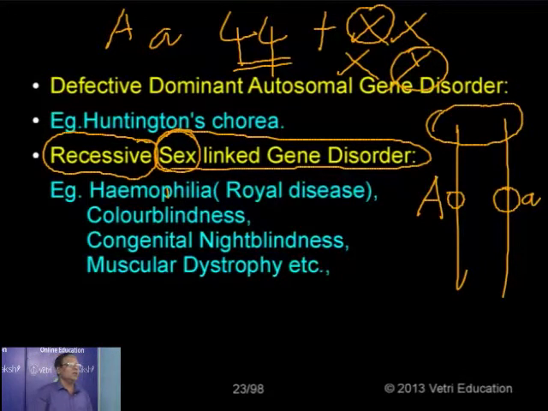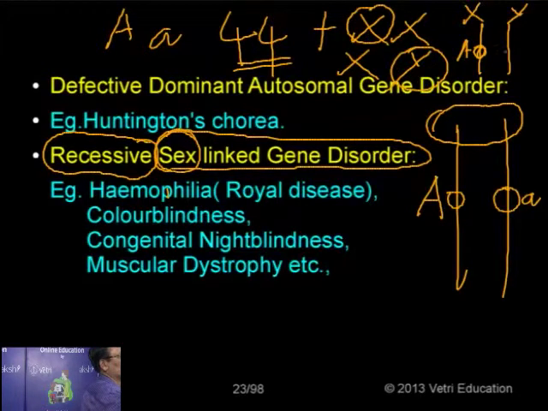Here in the case of the male, this is a sex chromosome pair. Males have X and Y. Suppose in the X chromosome we have the gene A, there is no corresponding allele, either capital A or small a, in the corresponding position of the Y chromosome. Simply I am putting a hyphen, a dash. That is why we can say the males are hemizygous, because they have only one gene for a character. We already studied that for the expression of a particular character we need two genes, but here only one gene is there. And if it is a recessive gene, normally the male is affected.